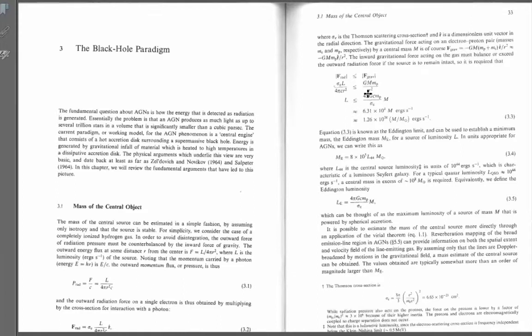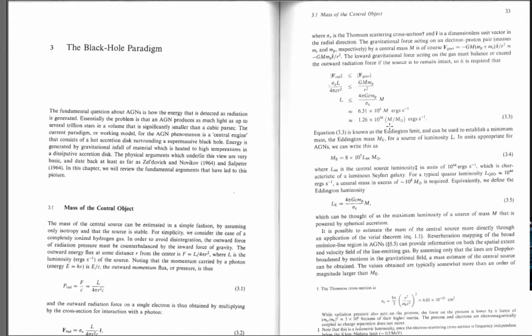Now you notice that the G M m over r squared is the force on a proton, because that's where most of the gravity acts on something that's made of hydrogen, for example, whereas the force of radiation, that's the Thomson cross-section, the cross-section of photons pushing on electrons, is 10 to the 31 watts for an object having a gravity of 1 solar mass. And so you can scale this to any mass you want. The explosive force outward of radiation pressure is a 1 over r squared force, but gravity is also a 1 over r squared force. So this argument does not depend on where the material is, doesn't depend on how big the object is. You can't get away from the Eddington limit.